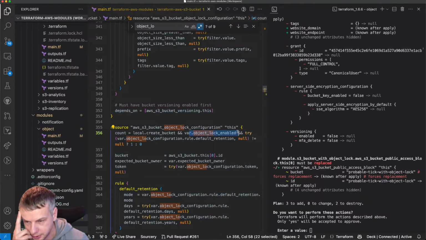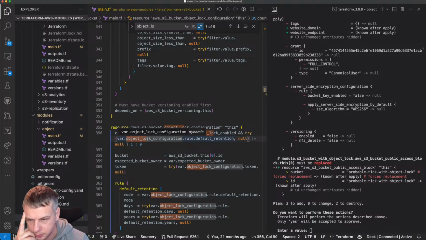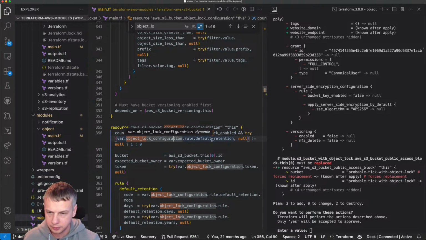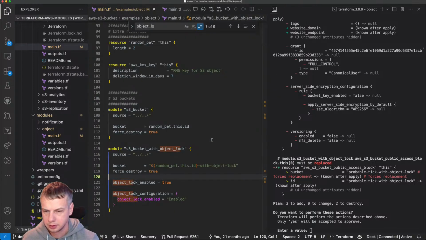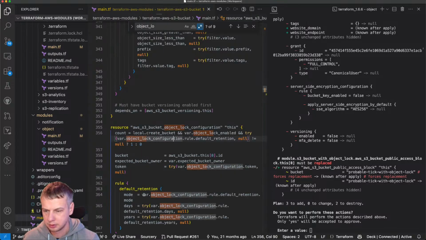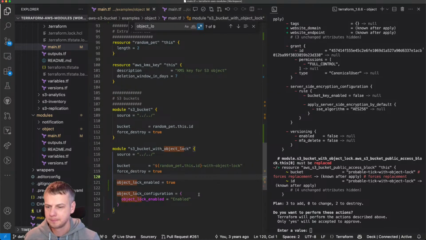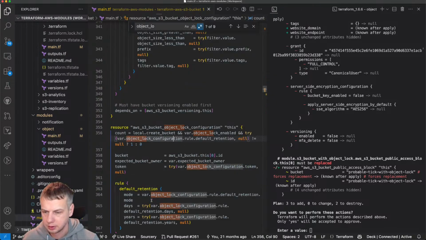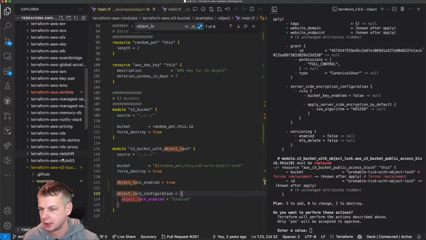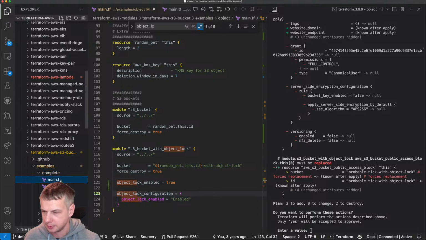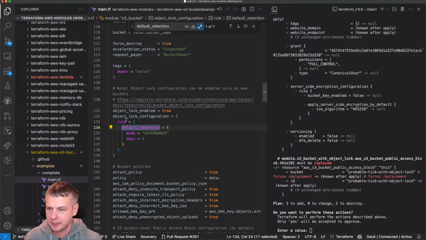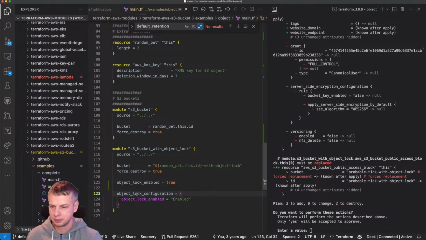First, this one is good, but then this one, object lock configuration rule, default retention. Let's take a look into the complete example. I guess it is used here, right? So that's how it should be written, not like this.